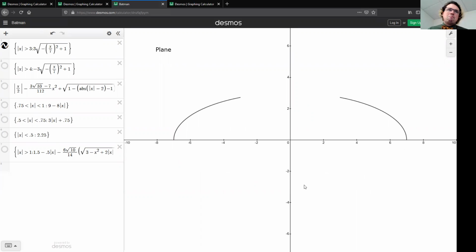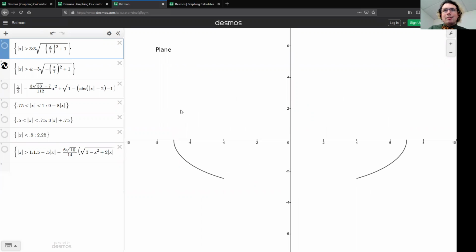So here is a function. The formula of this function is 3 times the square root of minus the square of x divided by 7 plus 1. Here is another curve. It satisfies the vertical line test. The formula for this curve is, well, it's minus the formula for the curve I just mentioned 5 seconds ago. And again, we could do derivatives, we can do arc length, we can do tangent lines, all of that good